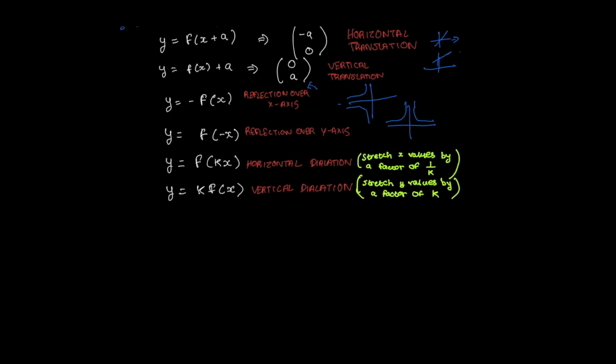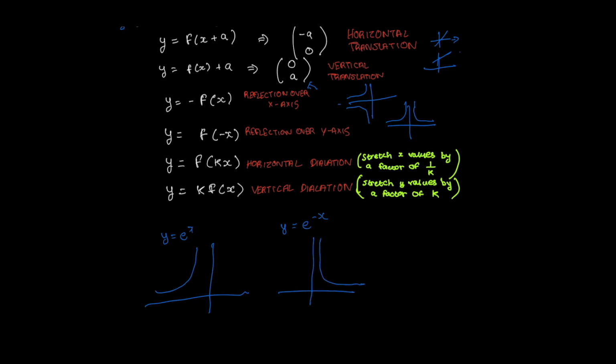So now we can take an example of y is equal to e power x, and y is equal to e power x would look something like that. The positioning depends on the y-intercept and whatnot, so let's just take it something like that. And y is equal to e power negative x would be, since this would be a reflection over the y-axis because it's an f of negative x, that would be nothing but